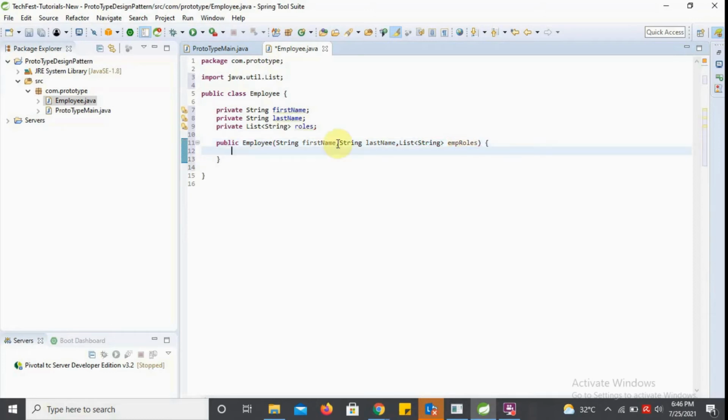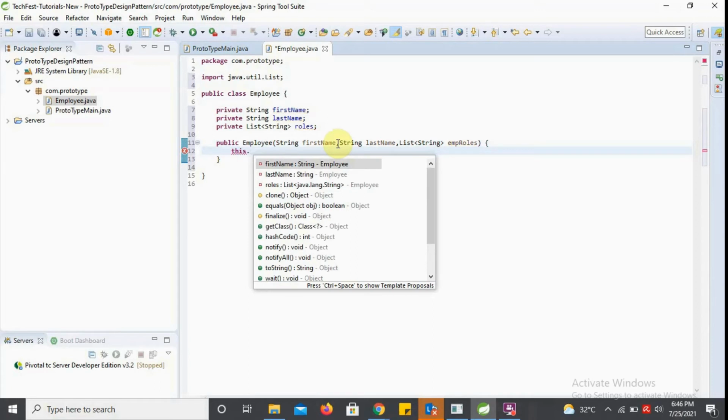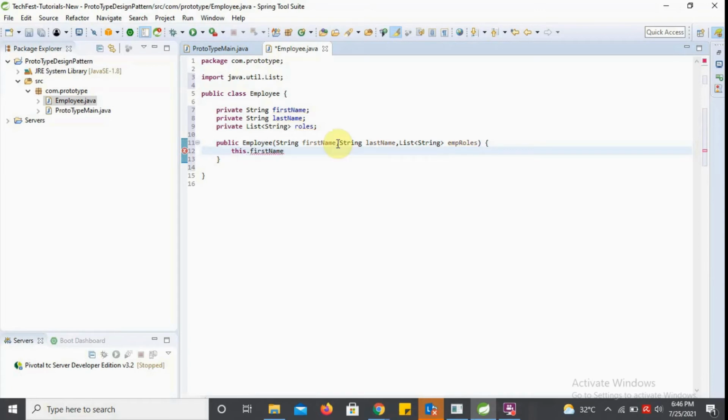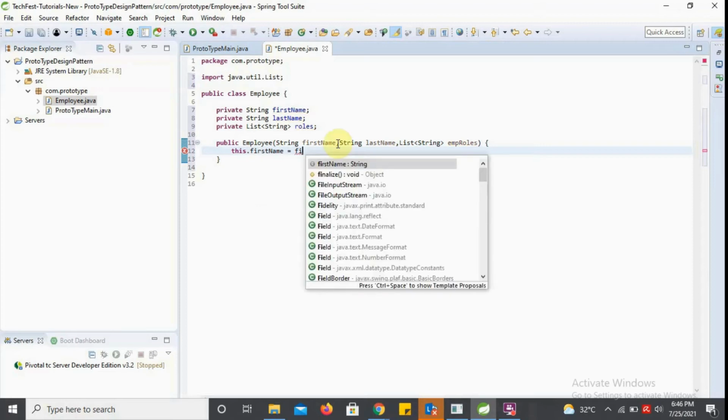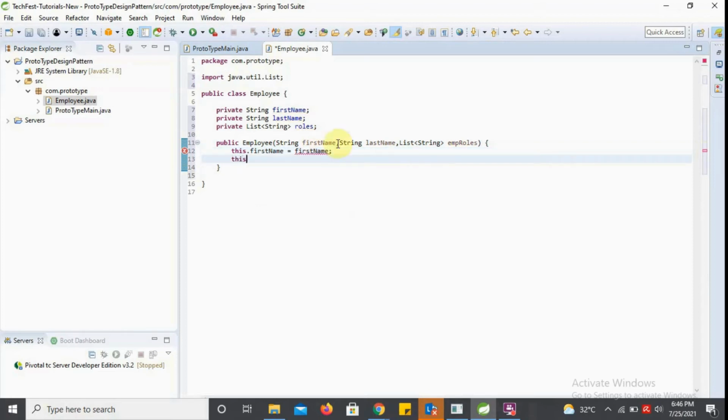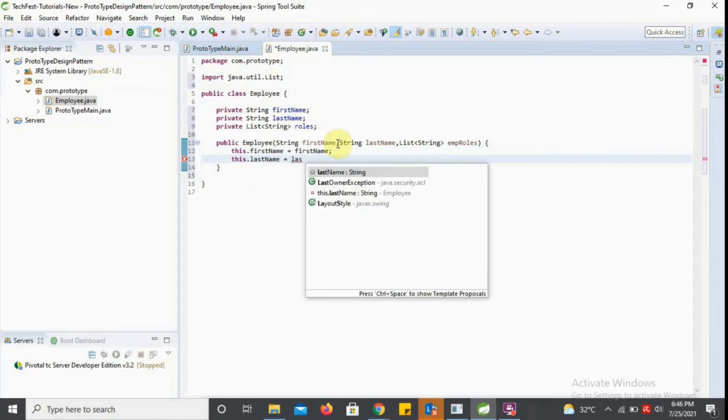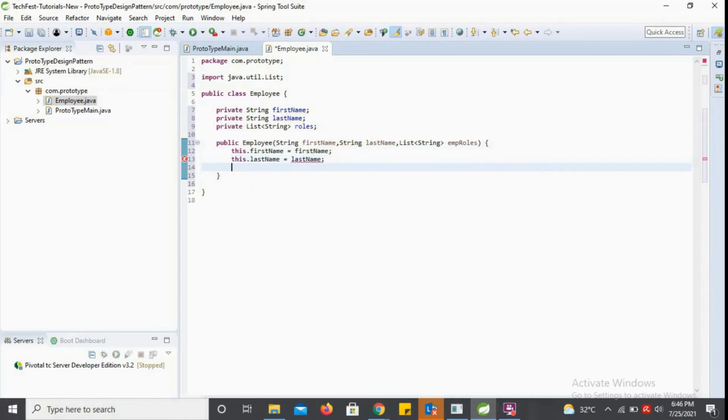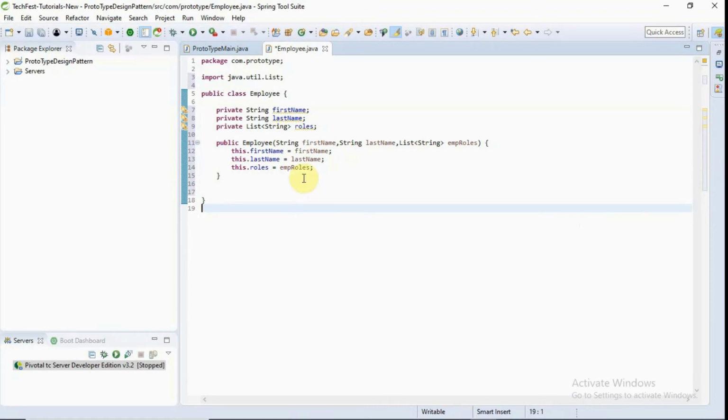And here I'll just do the initialization. Okay, so we have defined the constructor, and now we will define the getters.